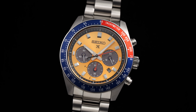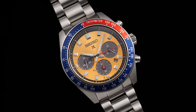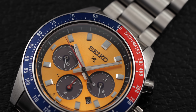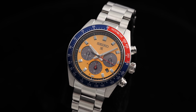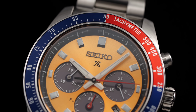On one hand, if you want to get technical, this is not exactly a Pogue, given the different movement, case, and the dial layout, which will leave some purists disappointed with this release. One of the existing questions to follow up with that idea is why not make it mechanical? Although there is a way to make this a mechanical offering and something I wouldn't be surprised if we see happen in the future, I think enthusiasts would not be thrilled with what would come with only going that direction,